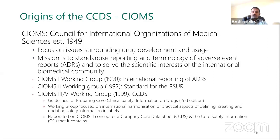Over a period of years, from 1990 until now, there are different CIOMS working groups working on different aspects of the safety requirements. In 1990, CIOMS working group 1 was working on the international reporting of ADRs, and then CIOMS working group 2 started working on PSURs in 1992, and CIOMS working groups 3 and 5 worked on the company core data sheets from 1999. From then, companies started to think about the CCDS. Before that,